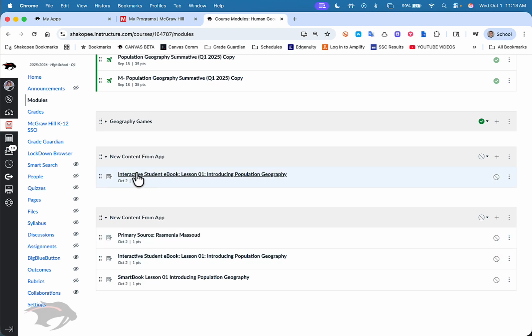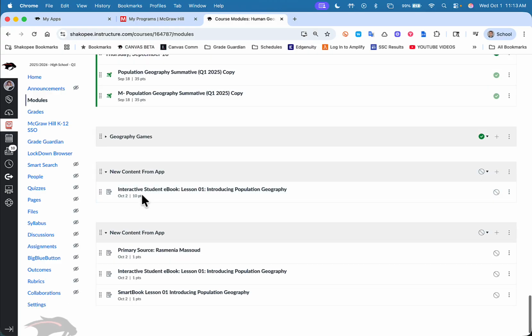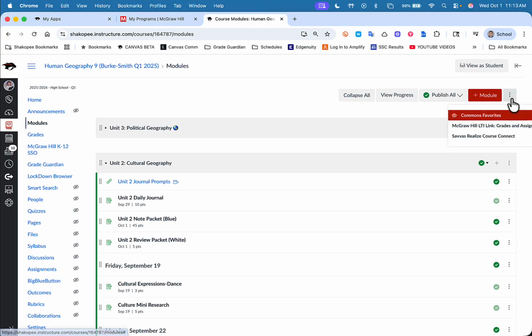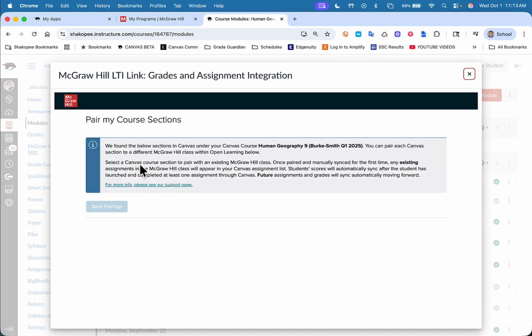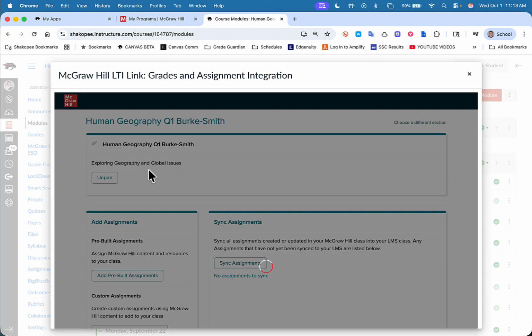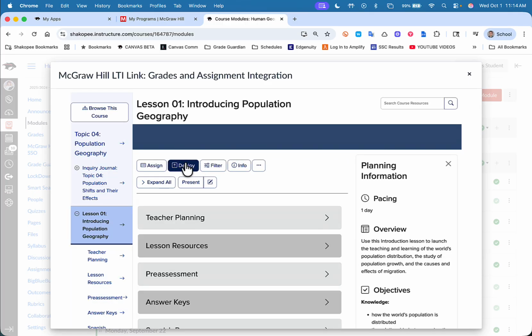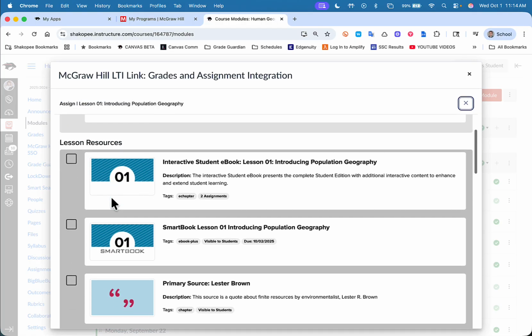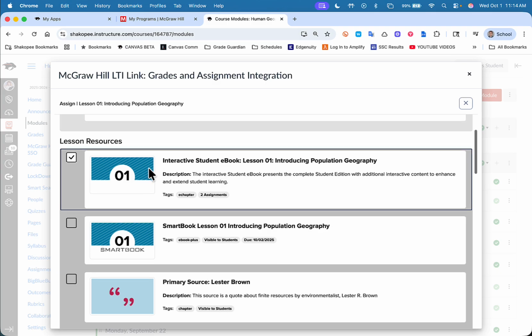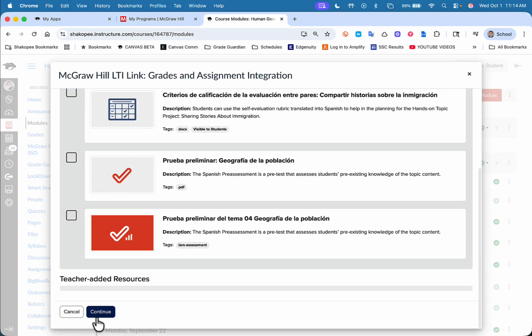Now, let's say I just wanted to give students the ebook and I didn't want to have an assignment created or have it worth points or anything like that. What I can do is go up to the same spot, and I can either deploy at the top so I can select multiple items, or I can go to individual items and deploy them. So again, let's just say I want to just do the interactive ebook here for the students. Scroll to the bottom, click on Continue,